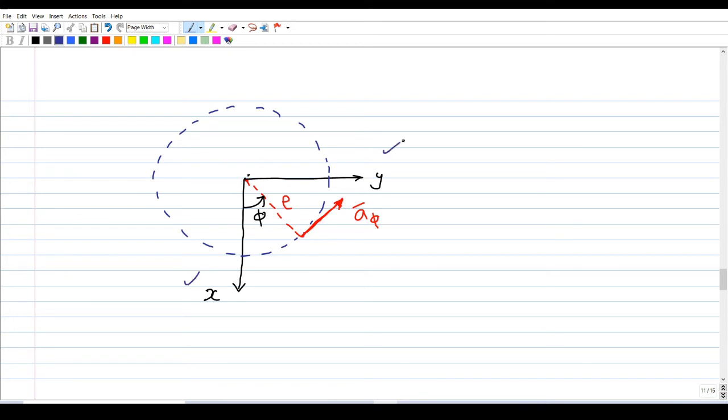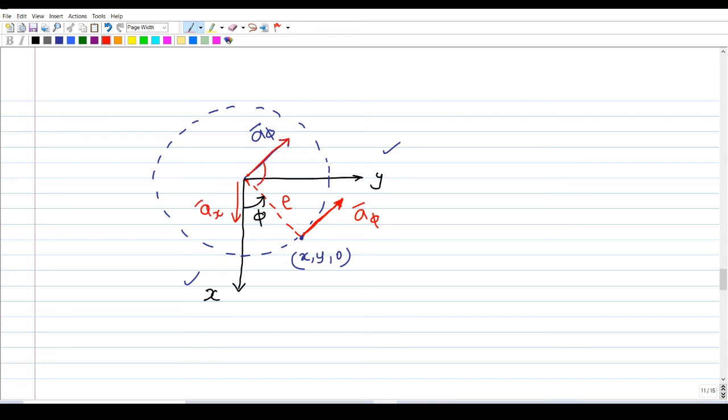This is our x-axis and y-axis. This is the point x comma y comma 0, and the rho and phi are marked here, and this is our a phi. So you can redraw a phi here parallel to this. So a phi is reproduced here. So now we can clearly mark the angle between a phi and ax. So this is my ax direction, increasing direction of x, and this is a phi direction.